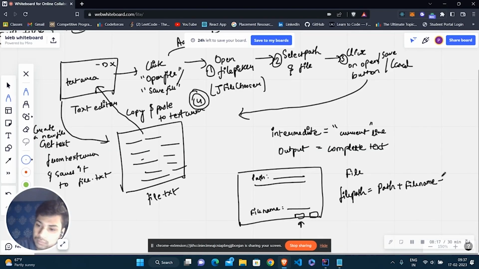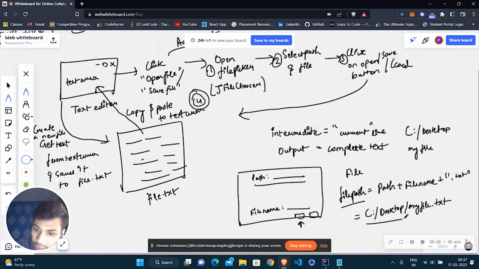So if the path was C drive slash desktop, for example, and we selected the file name to be my file, the file path will be something like C drive slash desktop slash my file .txt.